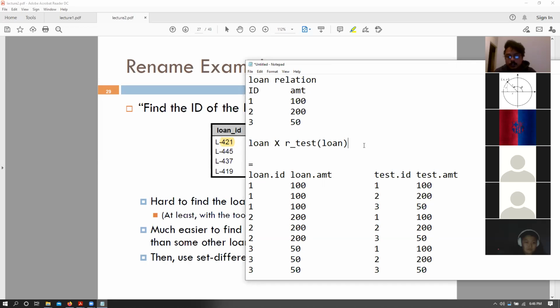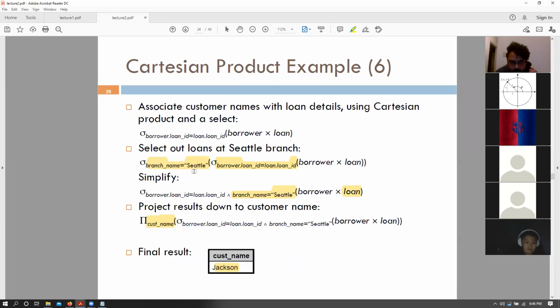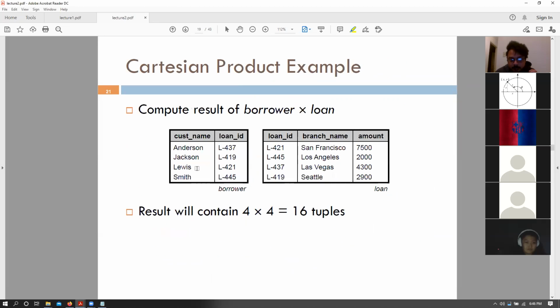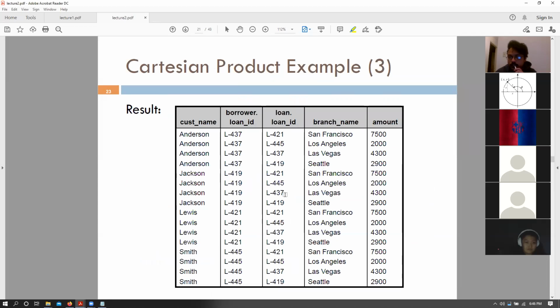Yes. Right? So is it possible to get a screenshot of this in the PDF when uploaded to Blackboard? Yes, please. I would like that as well. Yes, but you can look at it also, I think it has an entire example for the Cartesian product, right? So remember when we performed the Cartesian product of borrower and loan, each of them had 4 relations, right? The resultant was the combination of all of those relations together.